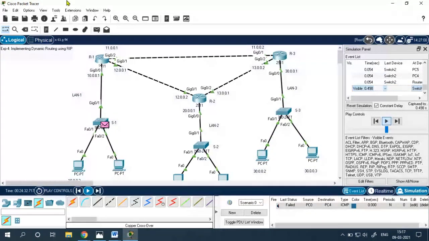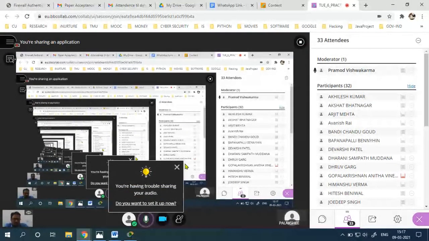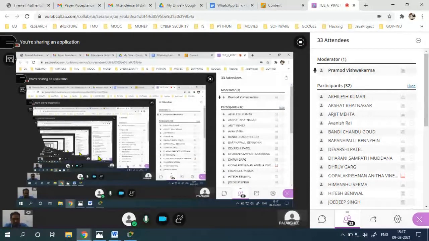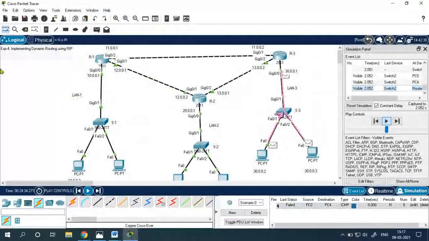So the answer of the last poll is no. At this time, you cannot send any packet from one network to another network, class. You saw that? Yes, class? Why was the packet not sent from LAN 1 to LAN 3? Because the route is not decided. You haven't configured the router. First you have only provided the IP address.